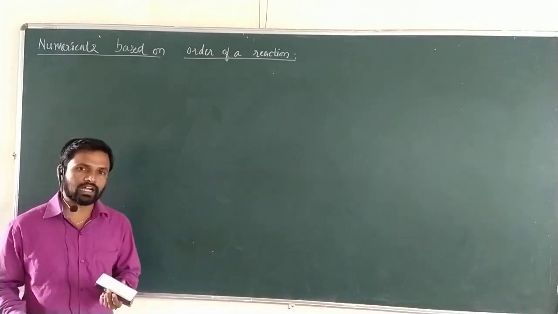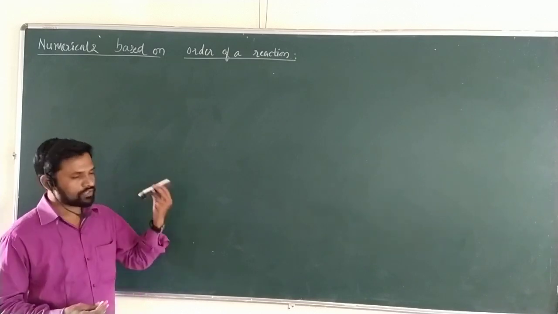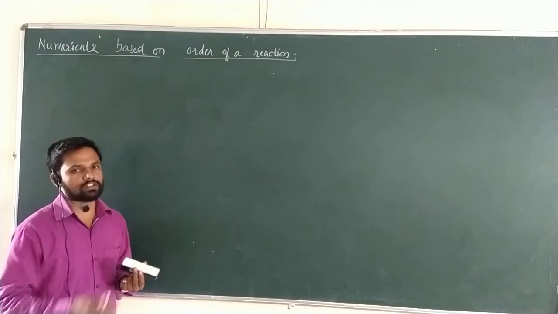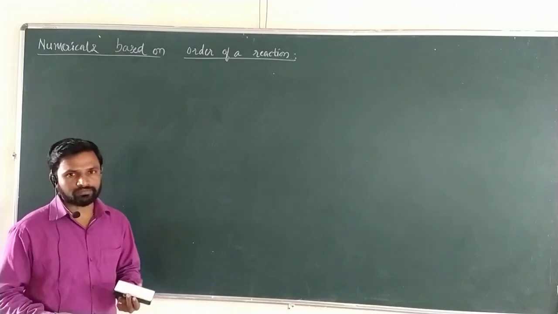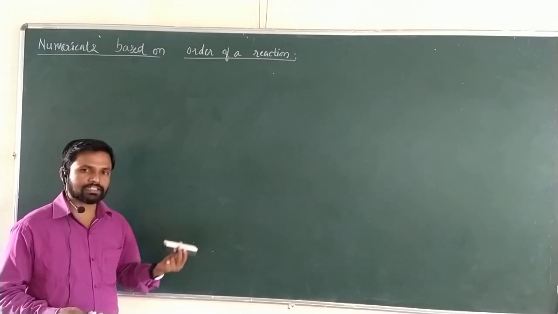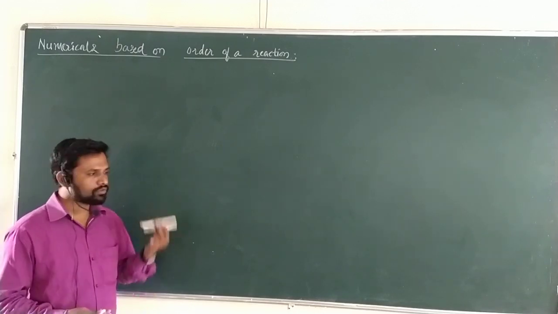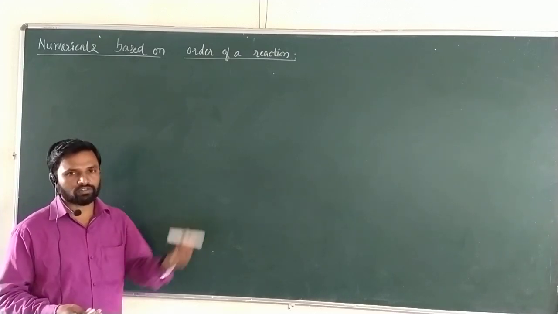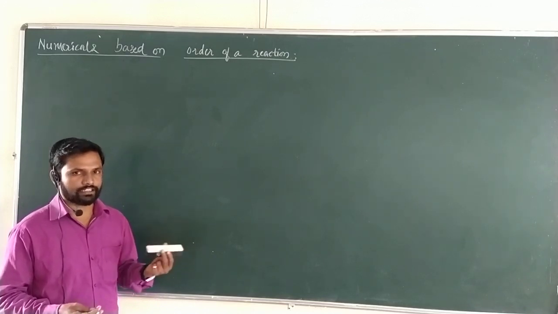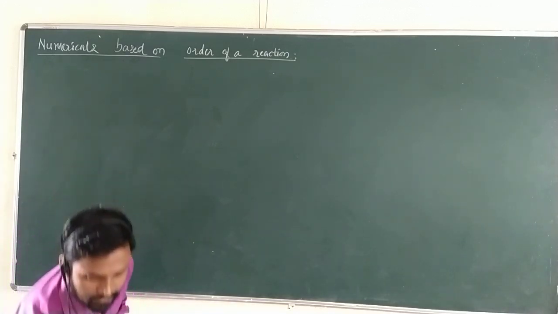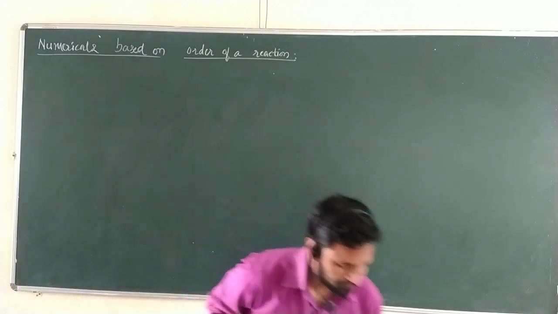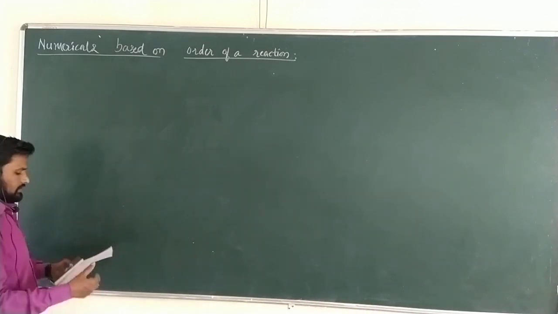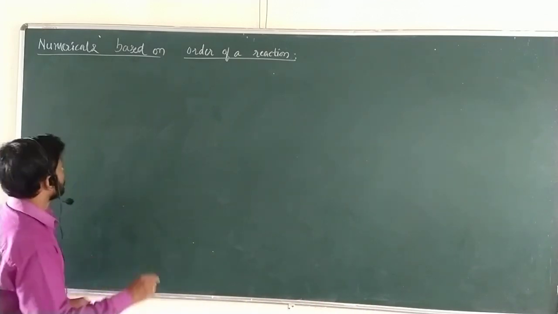The third method is the half-life method. In that situation, there is a formula with 2 half-lives with respect to the initial concentrations. 2 half-life periods are given, and 2 initial concentrations are given. Using the half-life and the initial concentration, we have to find the order of a reaction. Let's see. First, I will write the formula. We already studied that formula in the methods.